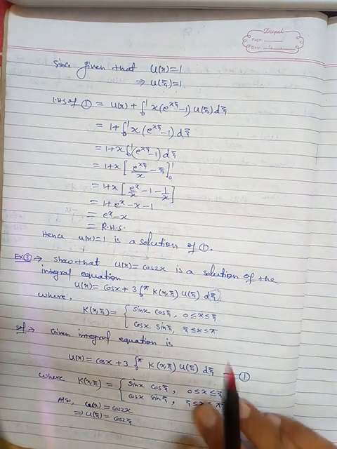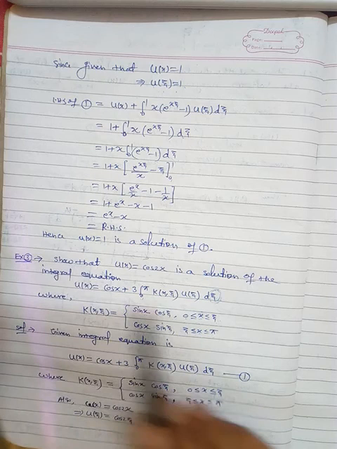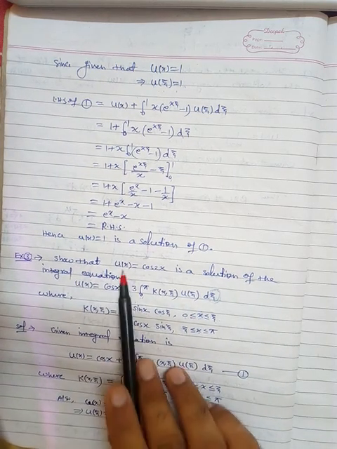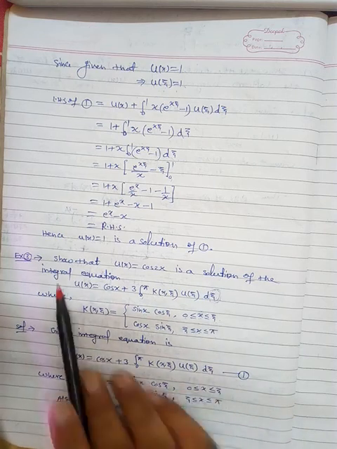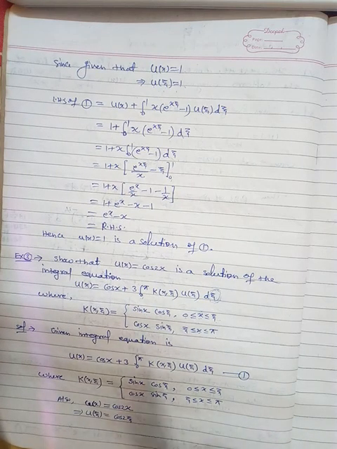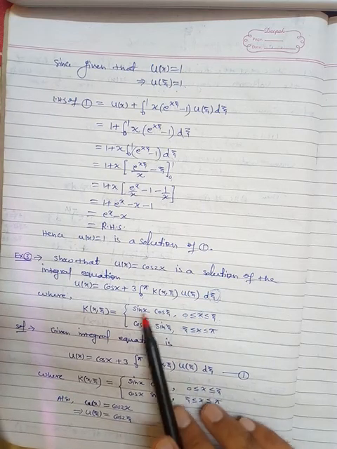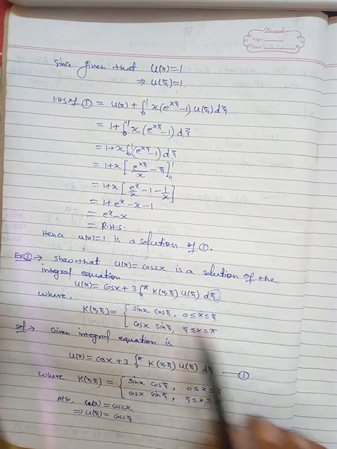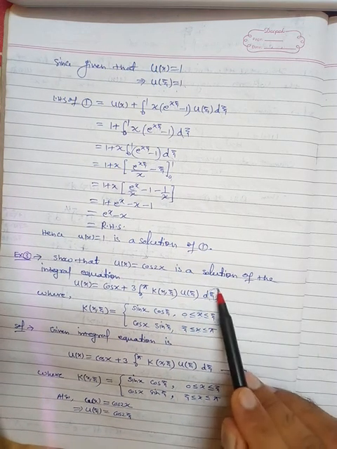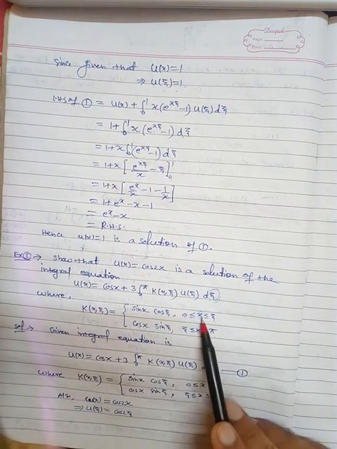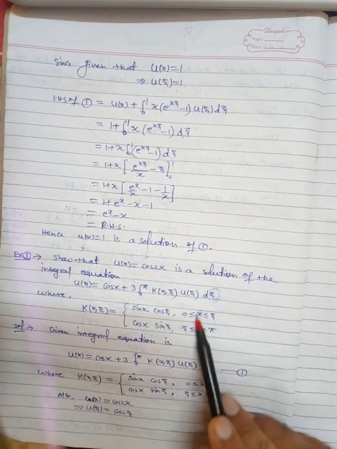Students, in this video, first I'm going to discuss this example, which was not taken in the previous video. Show that u(x) equal to cos 2x is a solution of the integral equation, where K is basically this kernel. Whenever you have a kernel in this form, remember one thing: here the parameter is xi, however in this function you will see the parameter is actually x.